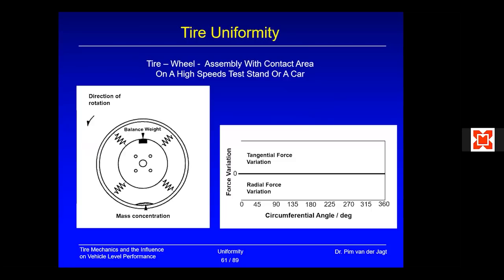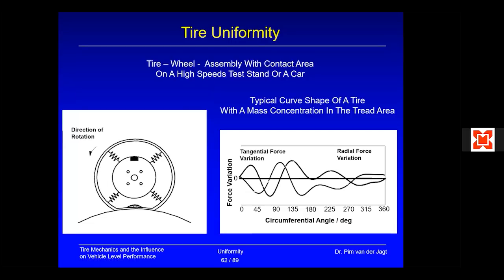So now I get to the non-uniformity. Every tire that is mounted, and has a mass concentration somewhere in the tire, you spin it on a balancing machine, and you put a balance weight in, and then on the balancing machine there are no force variations anymore. So it's a perfectly balanced tire. But does that solve all the problems you have with tires? No, it doesn't, because if it's really a mass concentration in the belt